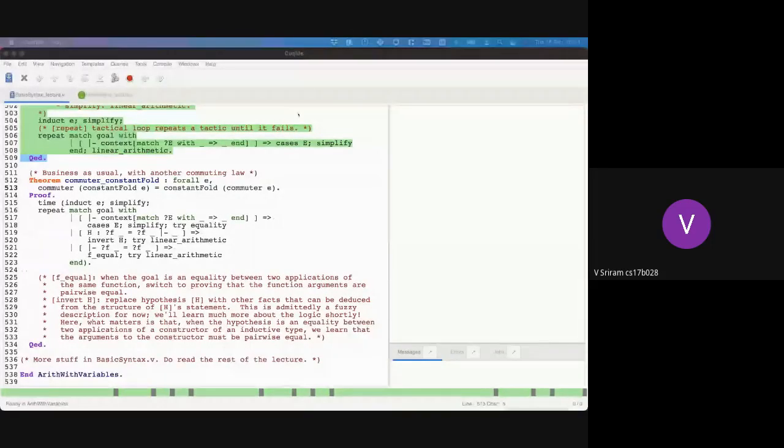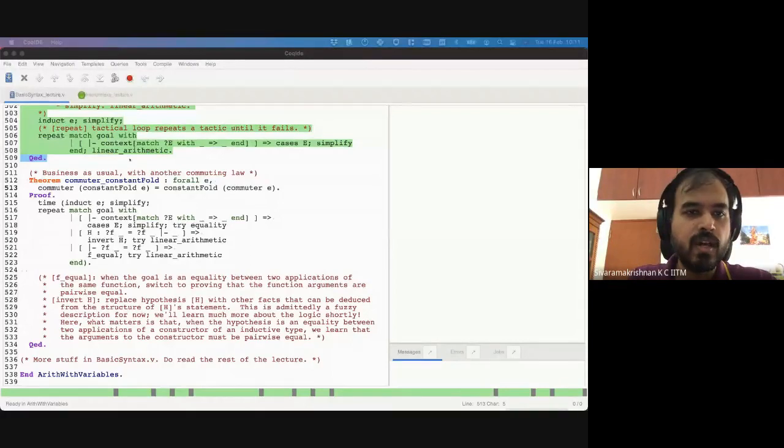Okay, super. So we were looking at some ways of automating proofs, very tedious proofs, by using the very rich metaprogramming ability in Coq. We won't use it that much in this course, but it is useful to be aware of. If you were to use Coq at some point, you should be aware that Coq is not just useful for very tedious proofs, but you can also use Coq's tactic system to